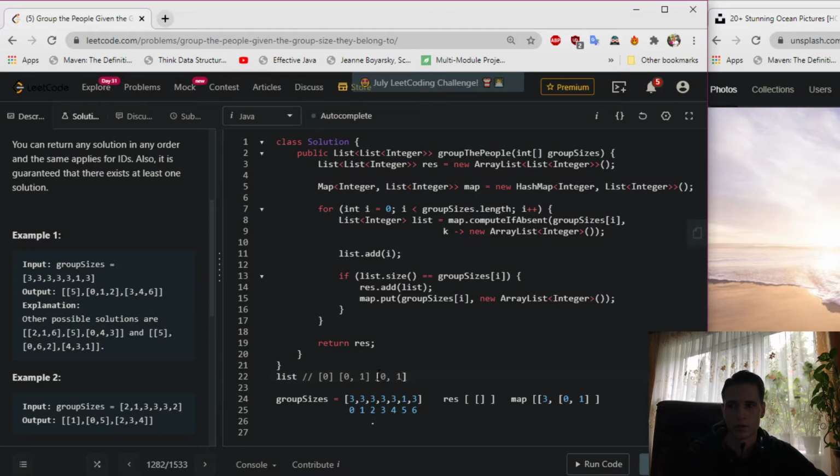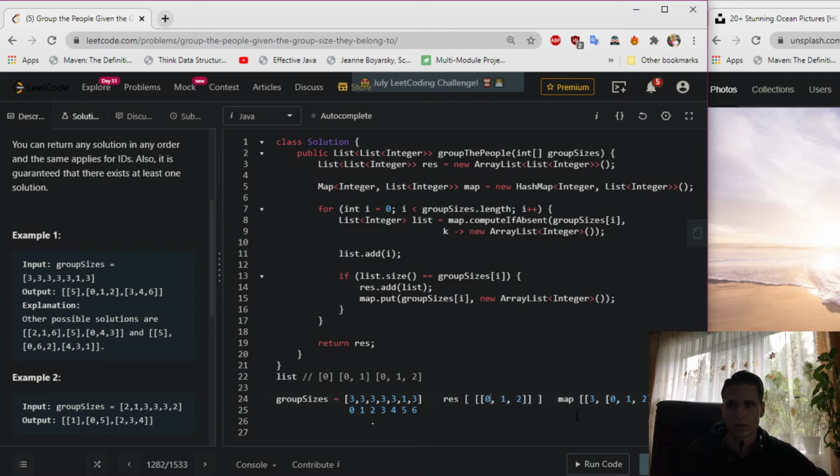Then we add 2, and we add 2 here, and we see that the size of that list is equal to 3 right here, so we just add that list to that result. We got this result right there,